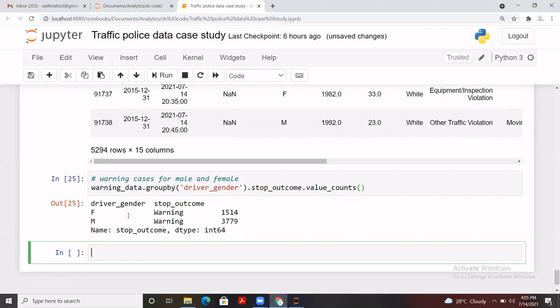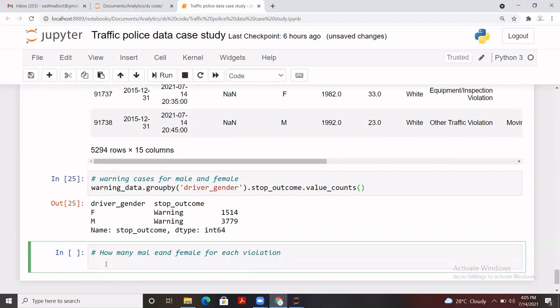Now, how many male and female for each violation, let's say we want to check it out, so we can do that too. For example, I'll be using a different function here. How many male and female for each violation, right? In case we want to do something like this, if we want to compare two or more columns, we have cross tabulation to do that job. So I'm going to use cross tab here,